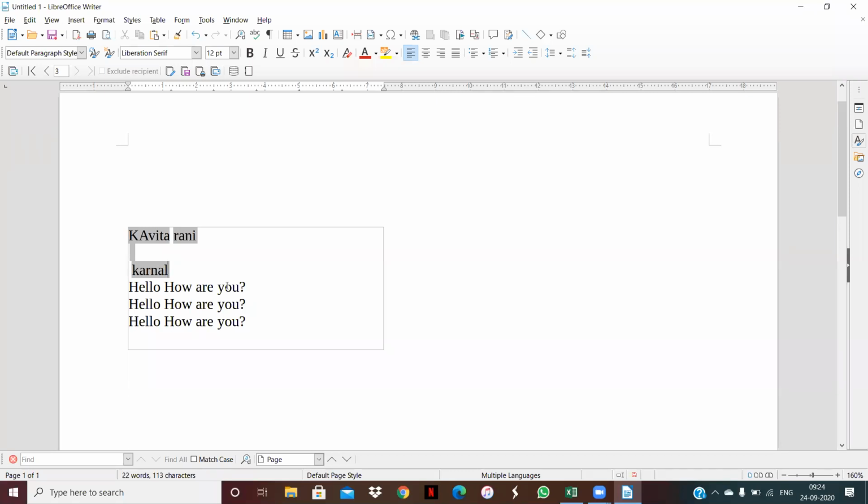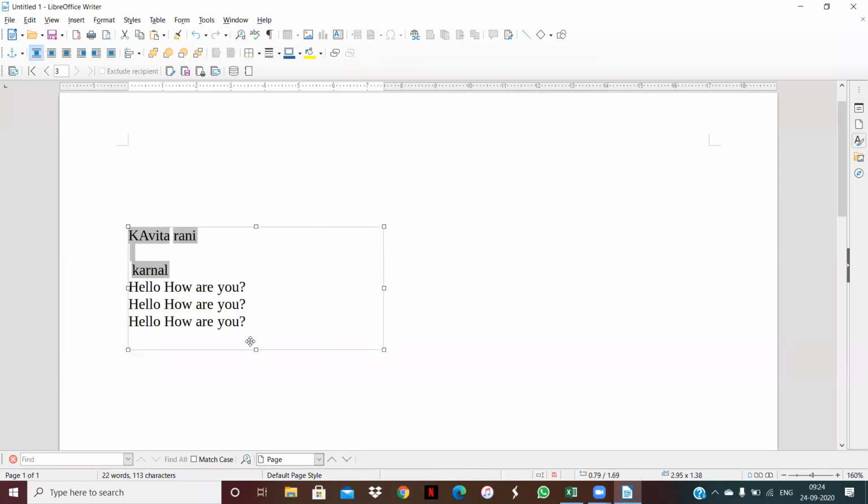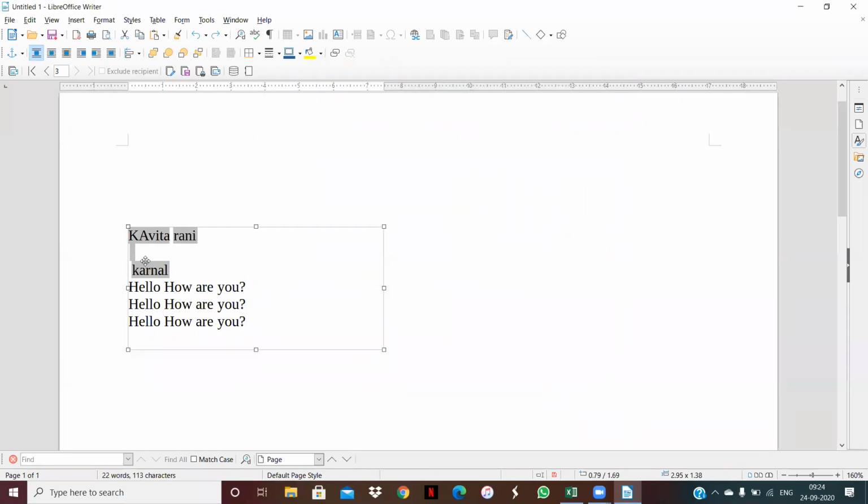This is called, my dear students, print letter with the help of mail merge. Means I just write only one letter. This is my letter content, and same letter I want to send to multiple person. That's why I can write here print letter with the help of mail merge.